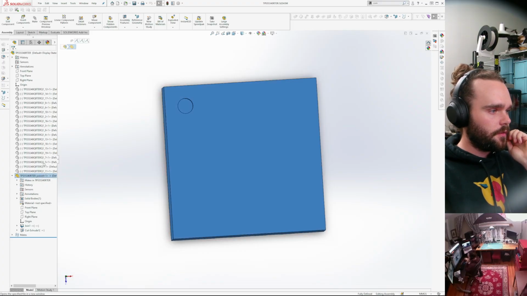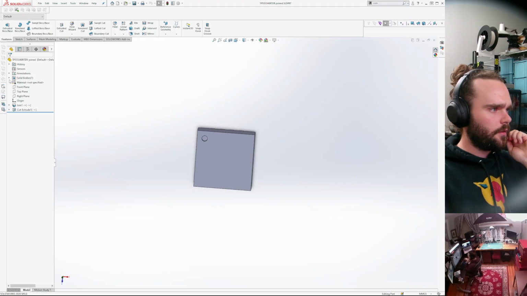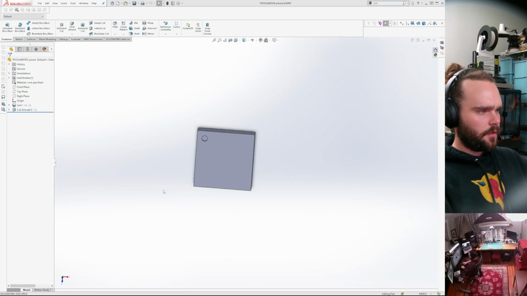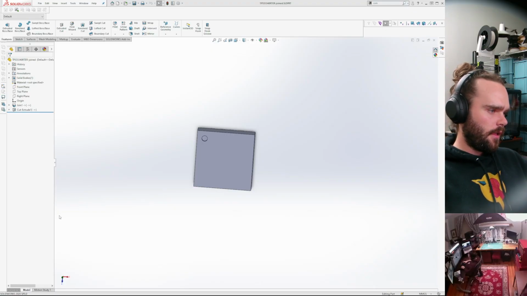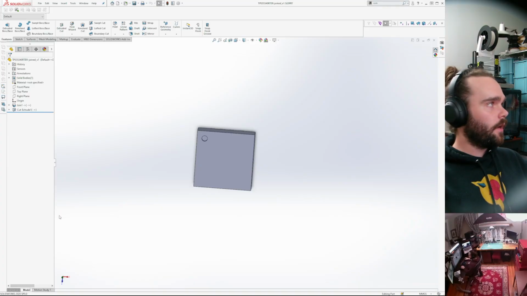So let's open this. Here's our joined part. A single body. File. Save as. Do new folder. Step export. V1.